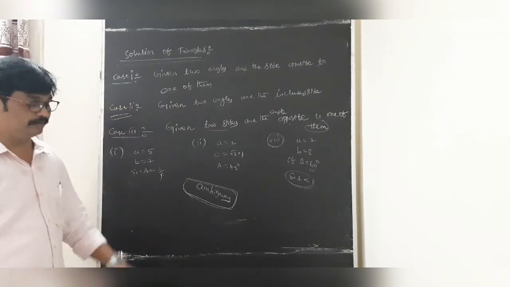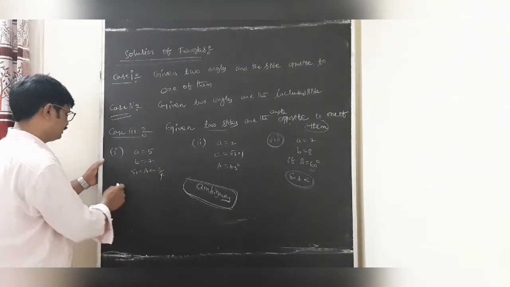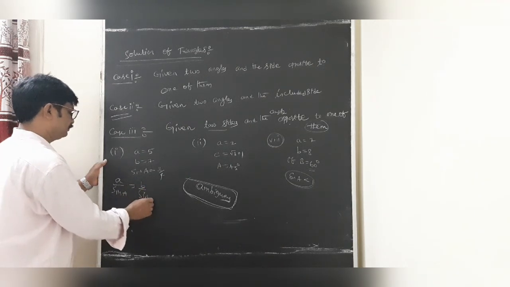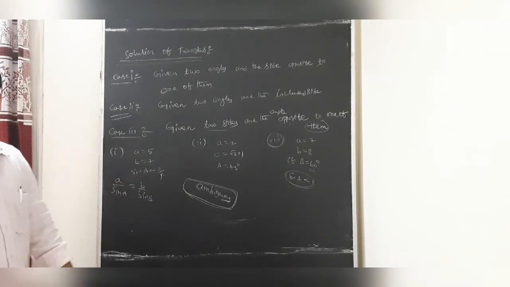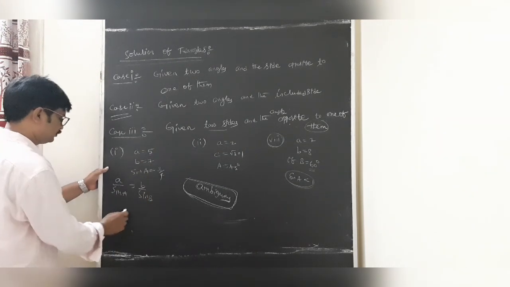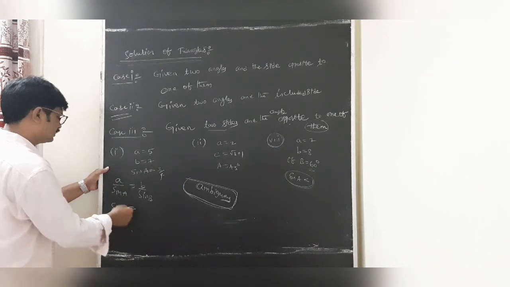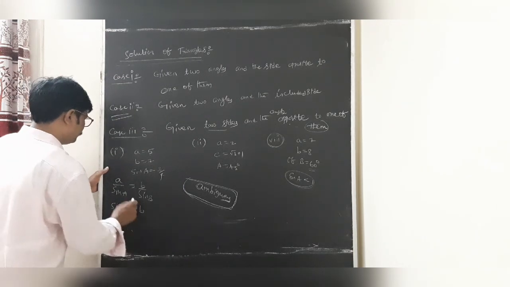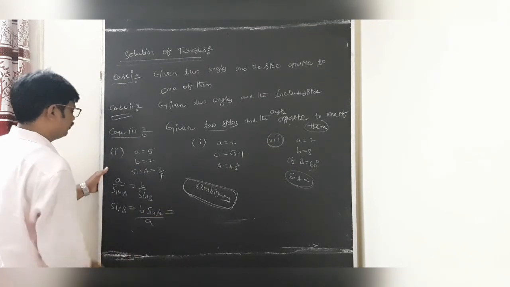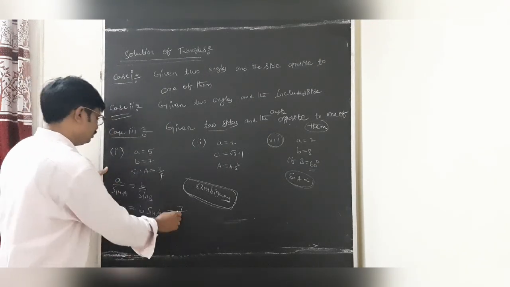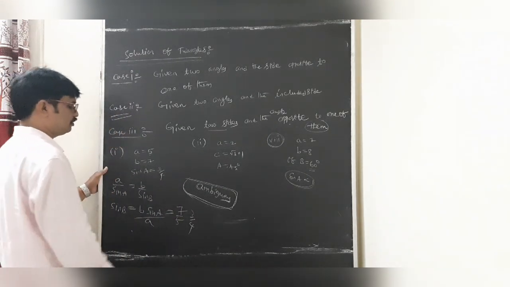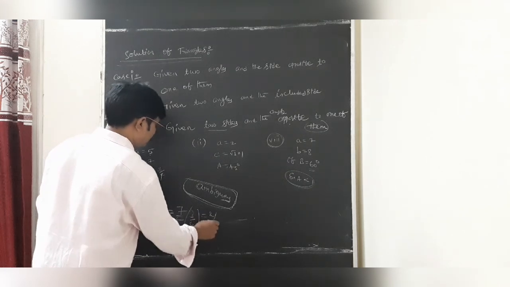So sometimes here, dear students, what we observe is a by sin A equals b by sin B. a and b are given. We can simply apply the sine rule: a by sin A, b by sin B. How do we write sin B? Sin B is b into sin A upon a. The value of b is 7, the value of a is 5, and sin A is 3 by 4. This is 21 by 20,